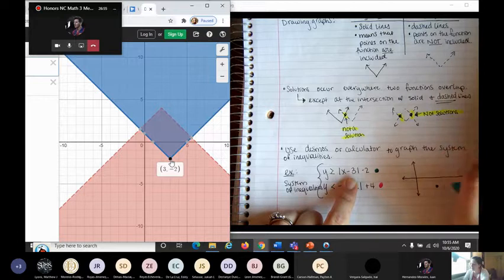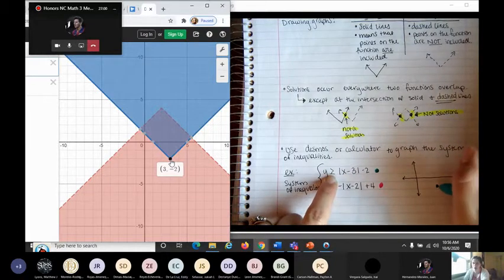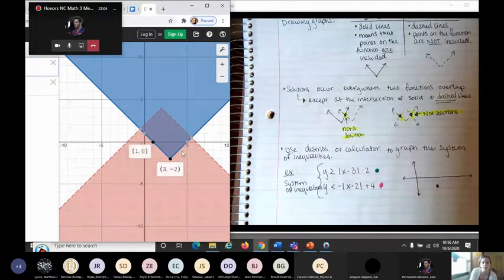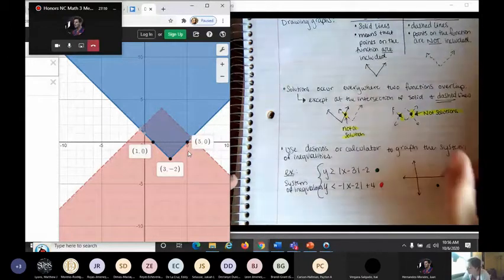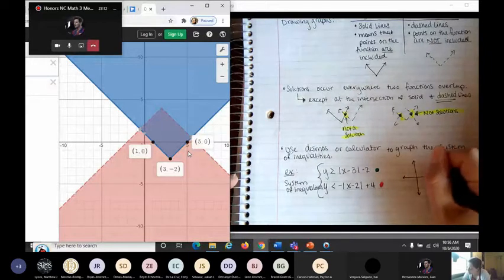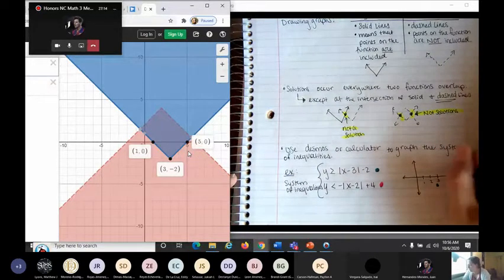So at (3, -2), I'm going to have a point. And then this one has greater than or equal to, so I'm going to draw solid lines up. I'm going to try to make this a little bit accurate. So it's going to intersect at (1, 0) and (5, 0). So let's see. This should be 3. So 2, 1, 4, 5,